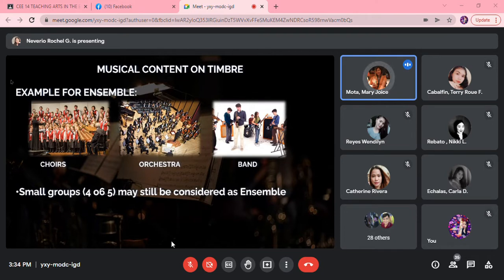And then, the band, which is basically, ito ay patuloy na nagkakaroon ng band. May mga sumisikat, may mga underrated. Even in school, sometimes we form a band pag may mga battle of the bands. Pagka may mga performance, tas tayo nakakanta na may tutugtog, somehow it can be considered as a band.